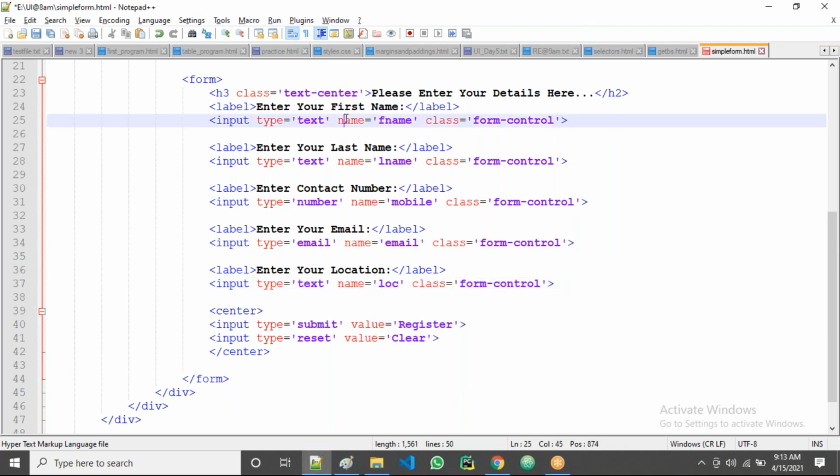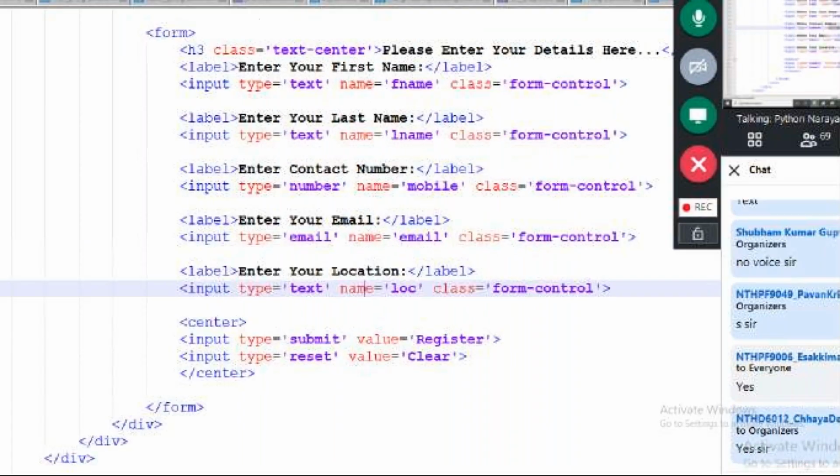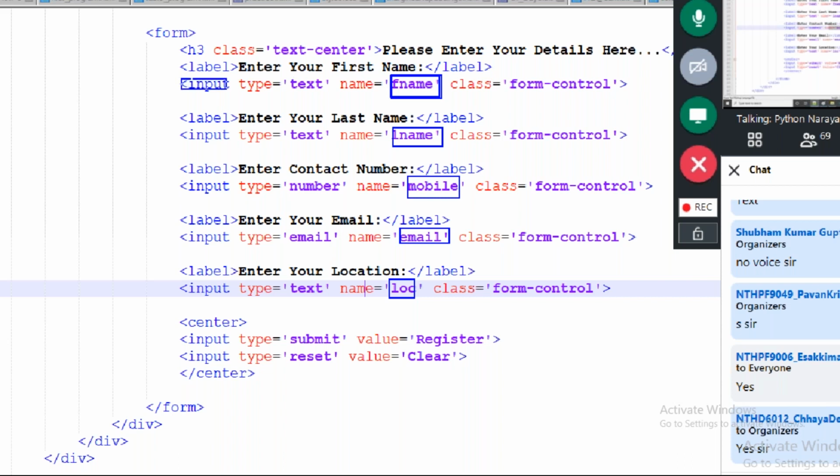Why have I taken this name attribute? Why is the name attribute taken? Now these are the variables. fname is one variable, lname is one variable, mobile is one variable, email is one variable, location is one variable. In the fname variable, what is stored? Whatever is given in the first input box is stored here.